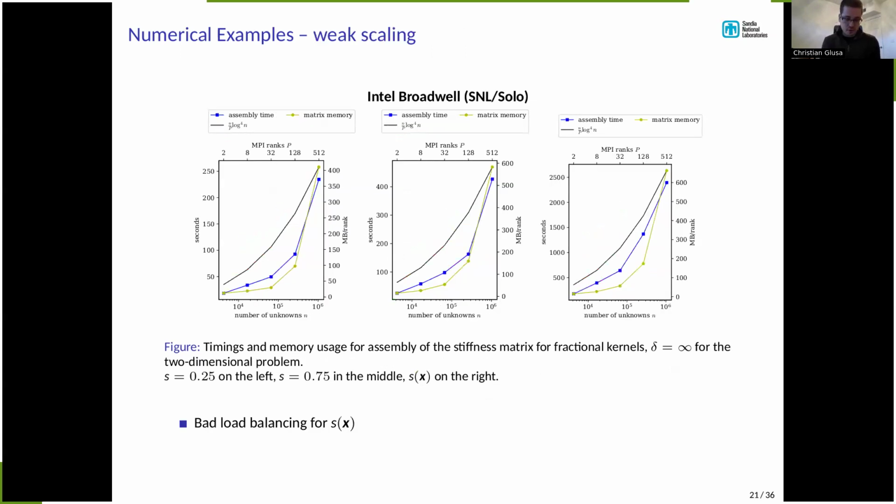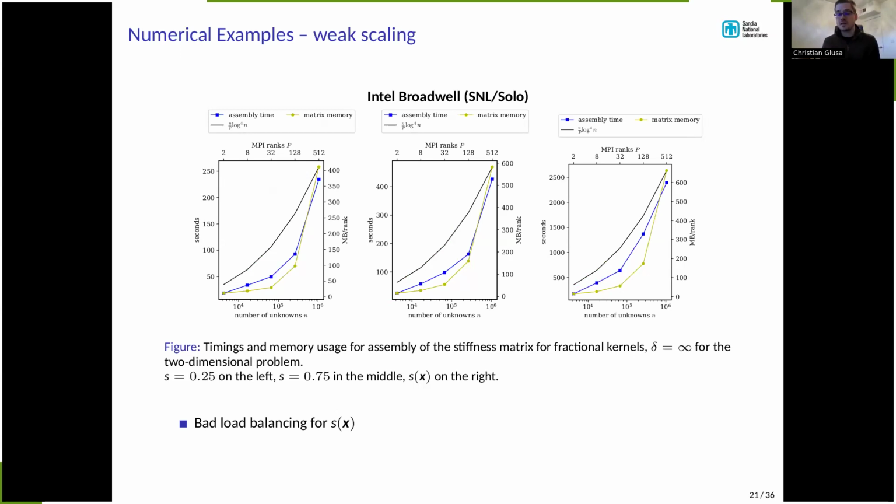Now, so far everything was on a single CPU core. What we are doing now is a weak scaling experiment, where essentially we increase the computational resources that we allocate to solving this problem in a way that is proportional to the overall problem size, to the number of degrees of freedom. And so what we see is that our curves are still going up, and the